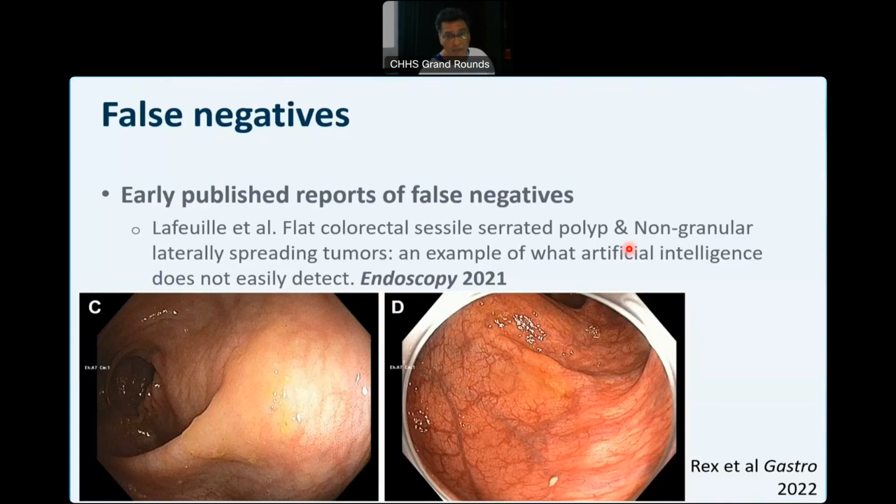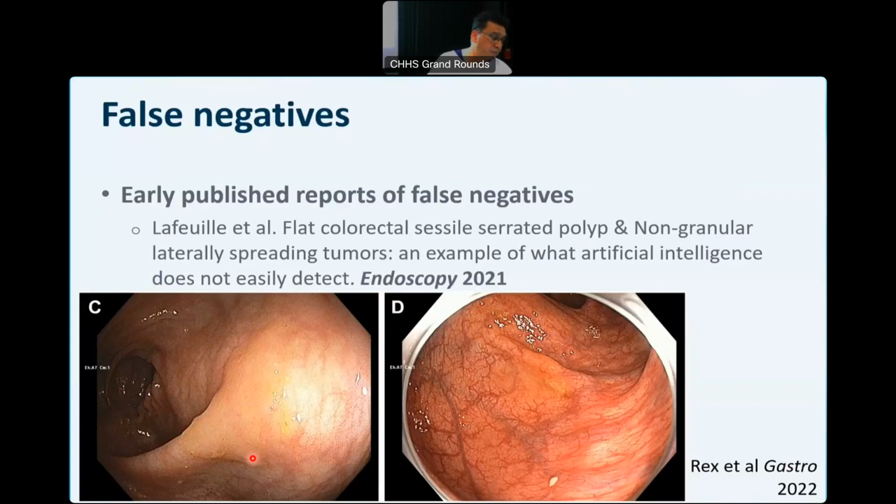One of the key drawbacks, which we see on a daily basis, is this inability to pick up these kinds of polyps. These are different from the traditional tubular adenomas, which AI is pretty good at picking up. These are what we call sessile serrated lesions, or sessile serrated polyps, and they have a different pathway towards cancer. The currently commercially available AI systems are not good at picking these up unless you really point your scope to it.